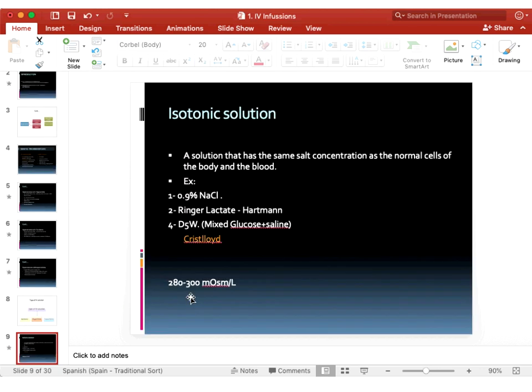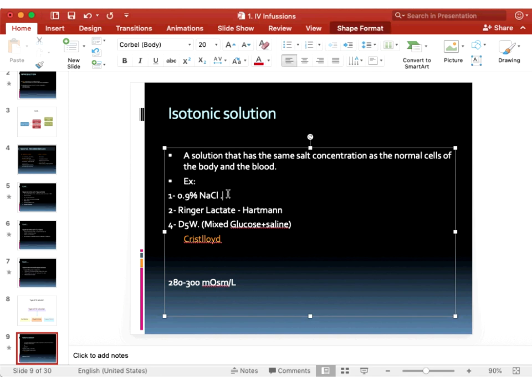All right, let's move on. An example of an isotonic solution is the famous normal saline solution. Okay, take a note of this. Normal saline solution contains only sodium and chloride. Now, how much does it contain? It contains exactly 154 milliequivalents of sodium plus another 154 milliequivalents of chloride, which means, if you do the math, we're saying it is 308